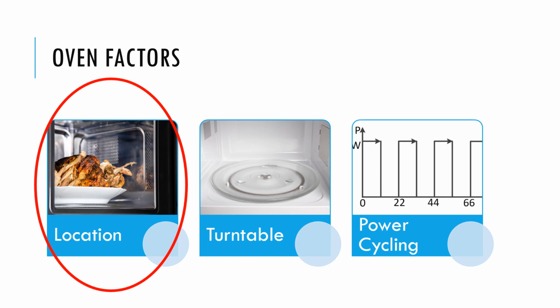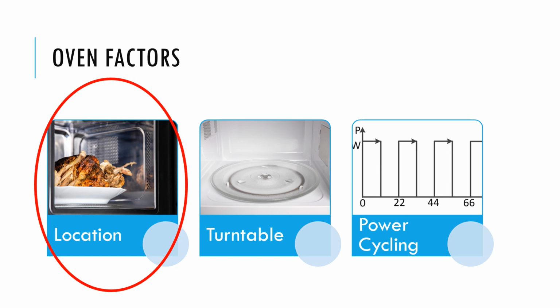Now, of course, there are other factors. For example, if the oven power itself is higher, the heating rates are going to be higher. We're not talking about that one. So we chose these 3 that seem to be something that we have control on, and they also have interesting